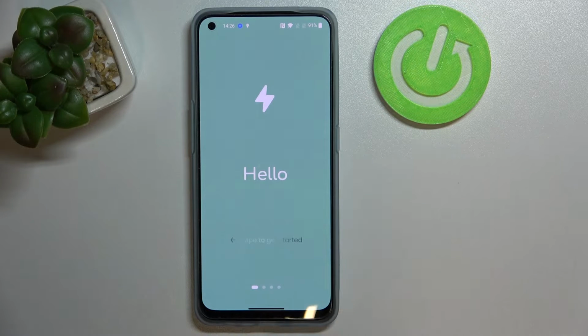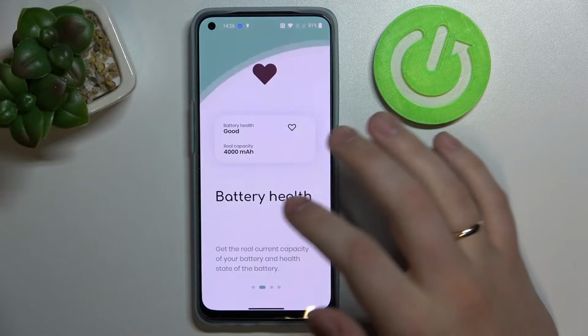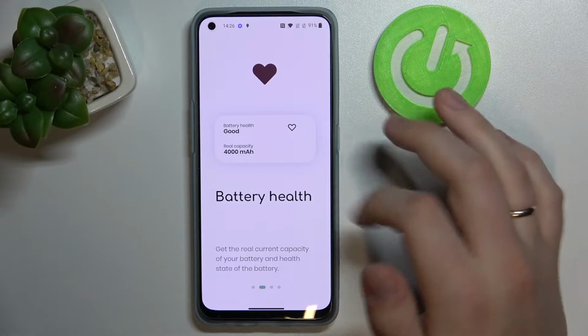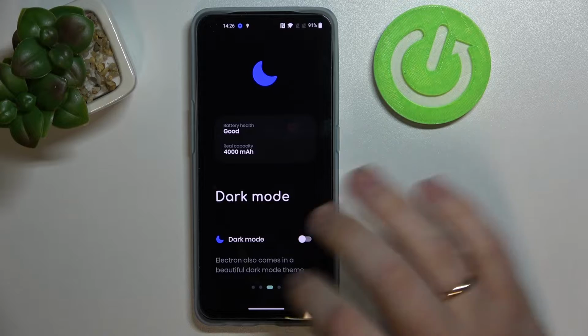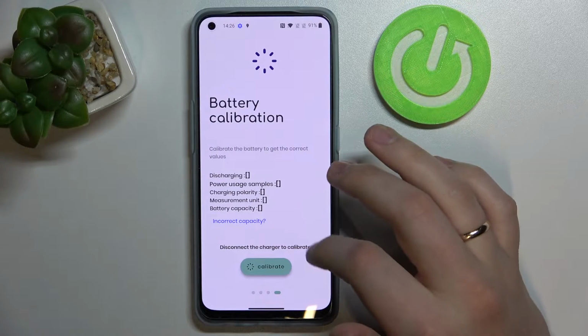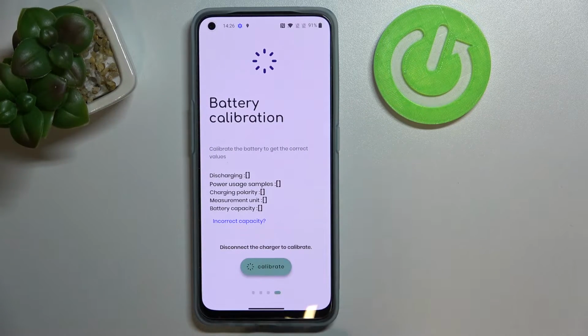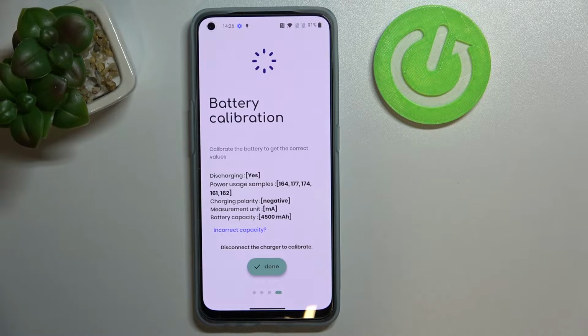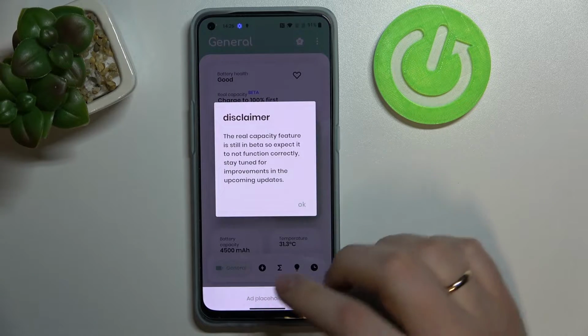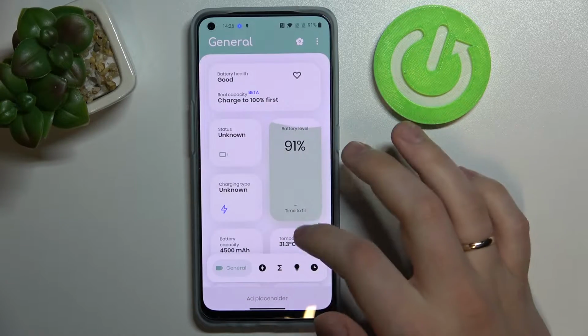It's basically an app which allows you to monitor the health, the state, and the condition of the battery on your device. It has a little instruction, a little bit of explanation regarding the app. Once you launch it the first time, you gotta calibrate it. So just press on the calibrate button. It will be automatically calibrated and get all the data it needs. Press on done, and now you can see that